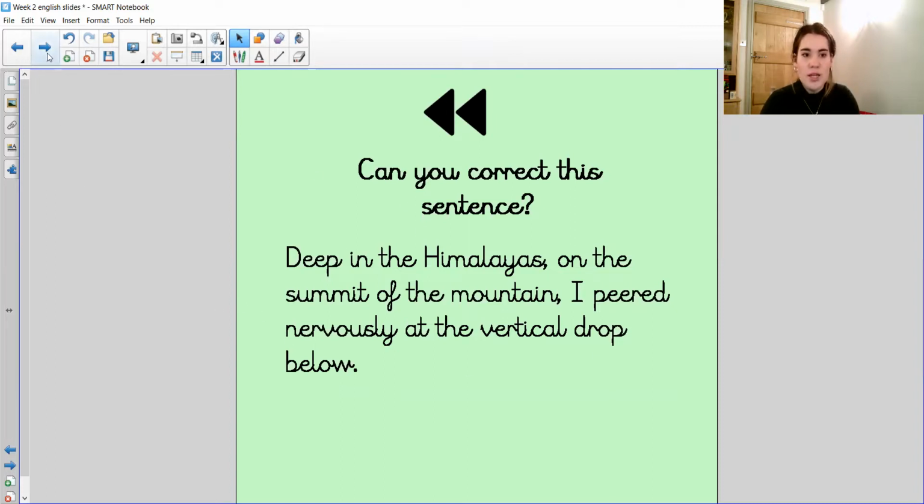Now, we're going to be using Dad Waivers today, and we're going to be building on what we've done so far this week. So we're going to be building on all of our work about our setting description. Now, you have already done a lot of the hard work for this, because you've already collected some really good descriptive language and started thinking about what you can see, what you can smell, what you can hear, and what you can feel when you are in your setting. We've also already written some fronted adverbials that we can use today to start our sentences off.